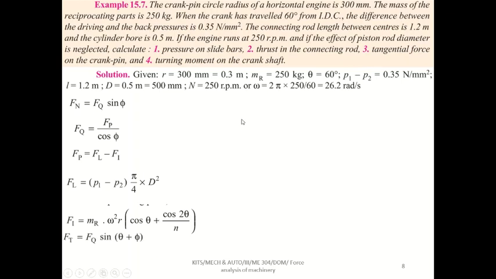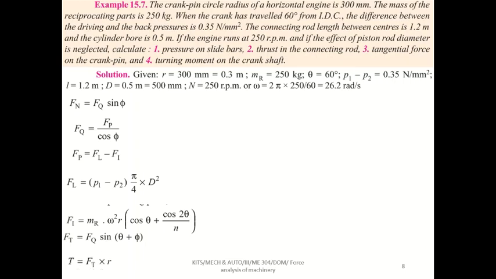If I get Fi and Fl, I can find out Fp. If I find Fp, I can find out Fq. Still this phi value is needed; that formula also I will show you. So in reverse we can find all the answers. If you find the answers for Fl and Fi, you can find the answers for all the remaining formulas. Next, Ft, the thrust in the connecting rod or torque, equal to Fq into sin theta plus phi.